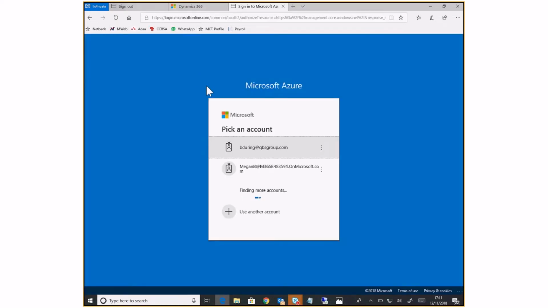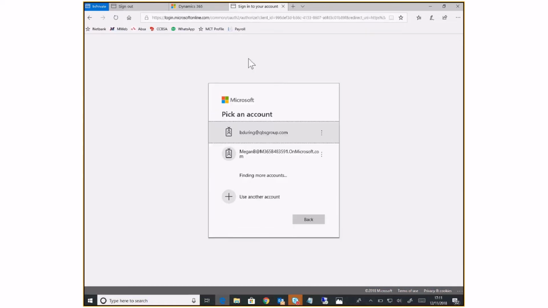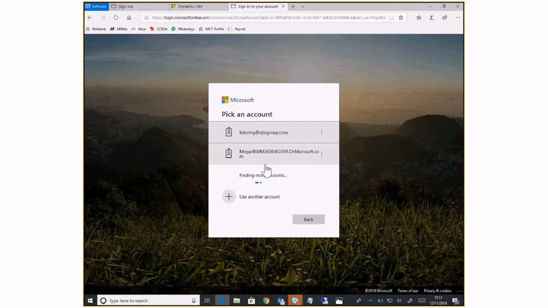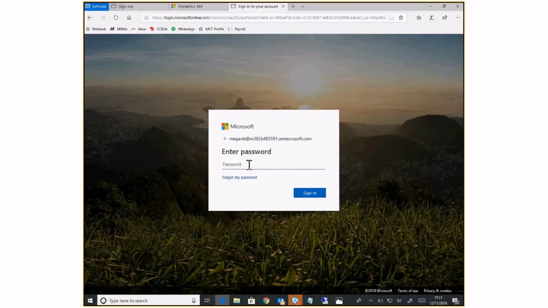It still persists and gives you error messages. Go to portal.azure, portal.office.com, choose the logout option, and then go back to, if I can just copy my URL, I forgot to create a shortcut for this one. I can just copy my URL over there and paste it in there. Now when I go back to my URL, it pops up and says, which user would you like to log on as? Now I can choose my demo user, log on as my actual demo user,